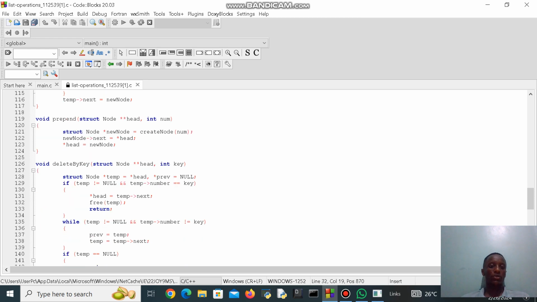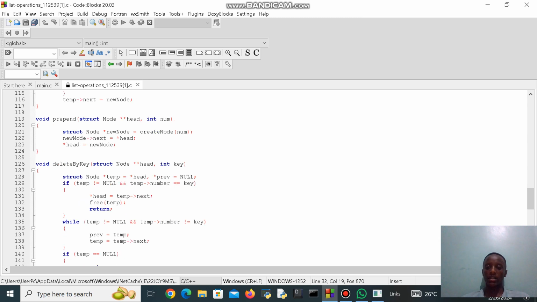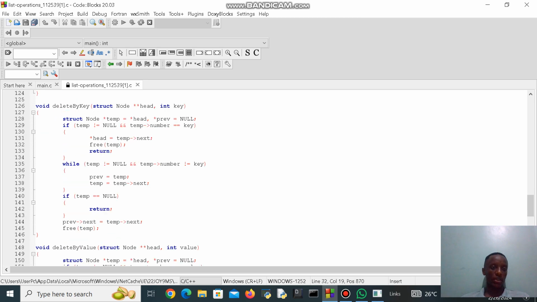Now, if you want to delete a value, for this case, it's only the first one that we check for when we want to prepend. That's in adding the node, adding a value in the very first place. And then if you want to delete by key, here we still create